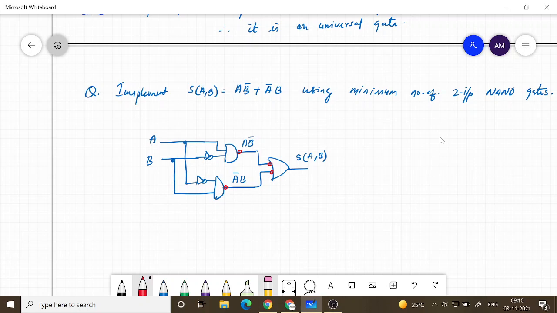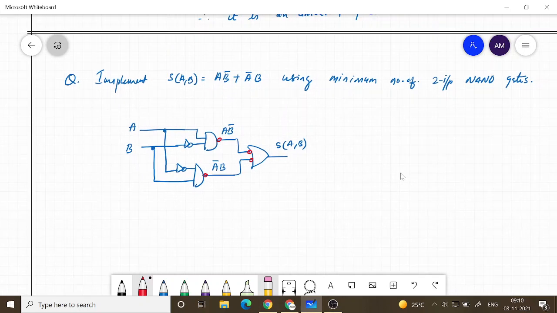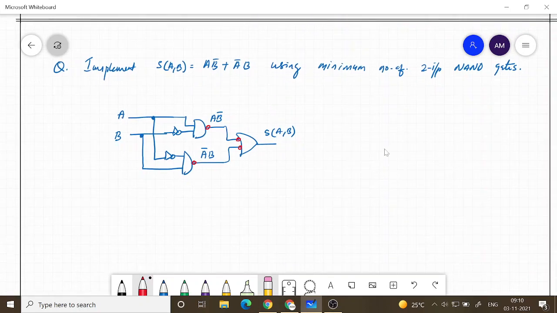So now what happens? Already this is NAND, this is also NAND. Now OR gate with complemented input. Okay, OR gate with complemented input. So what is that?